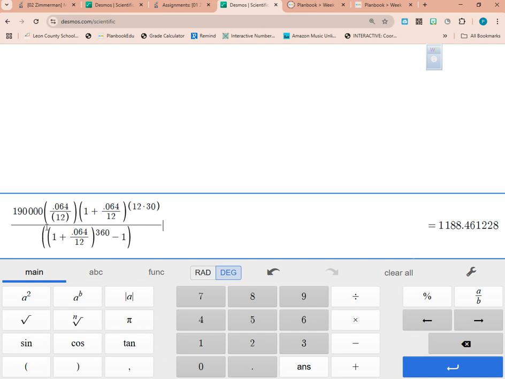Anywho, also remember you need the same number of opening parentheses as closing parentheses. So if you get 2 parentheses on the left, you're going to need 2 on the right. Same thing up there. When you plug everything into the formula, you find that her monthly payment will be $1,188.40.